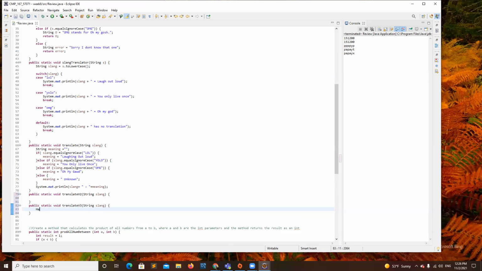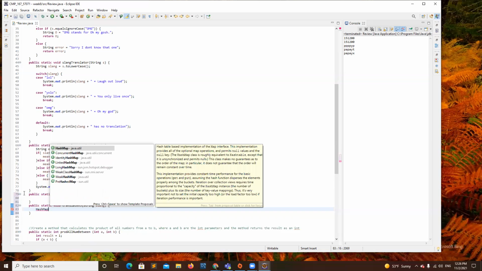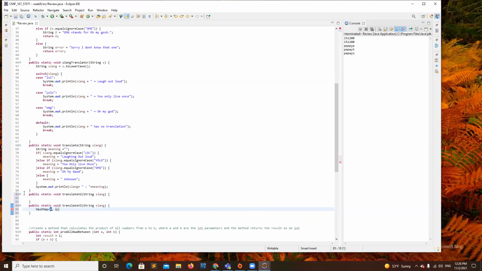Yes. So we have hash map. I have to import this. The key will be a string, and the value is also going to be a string.